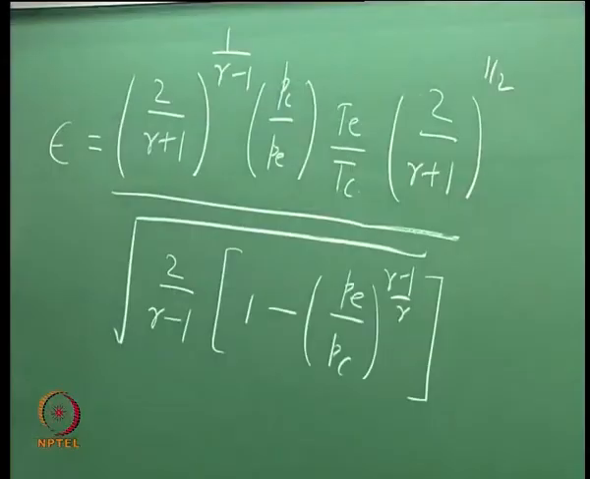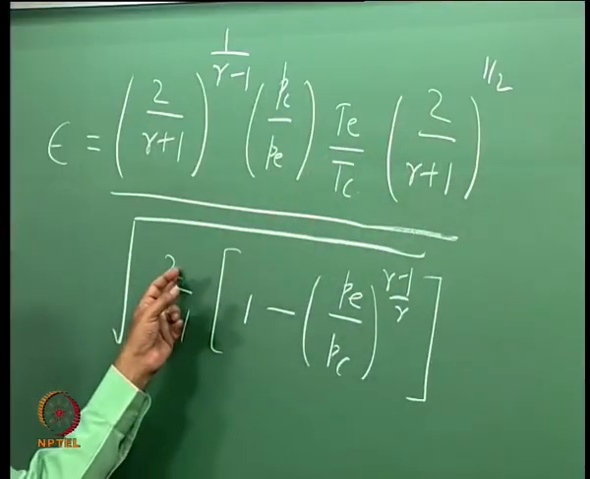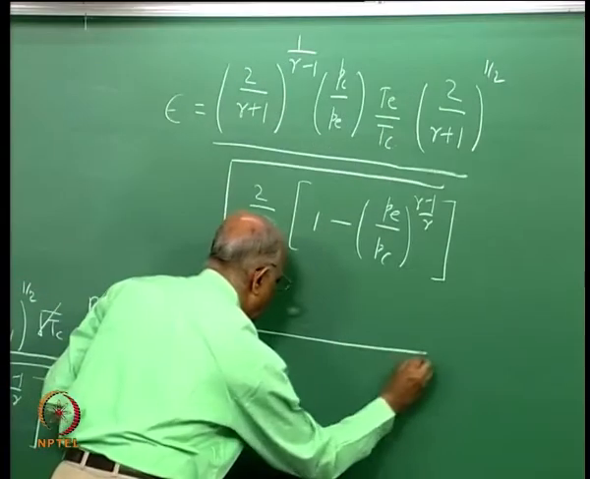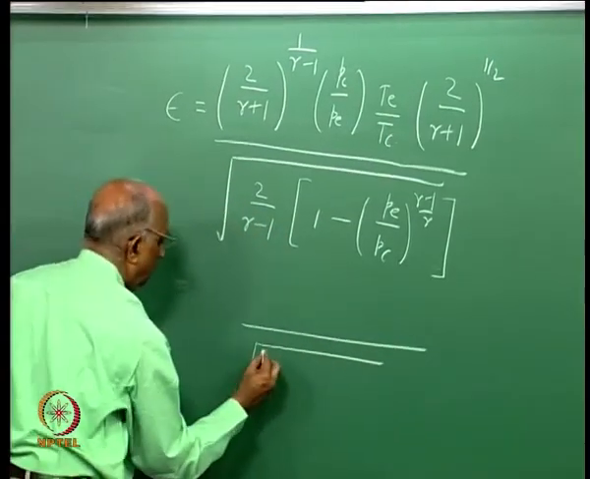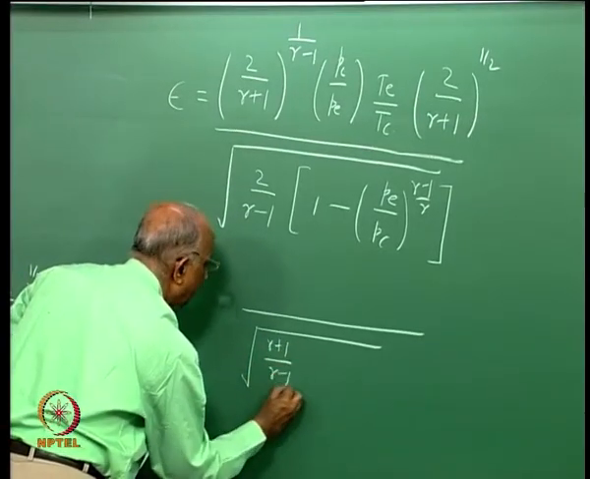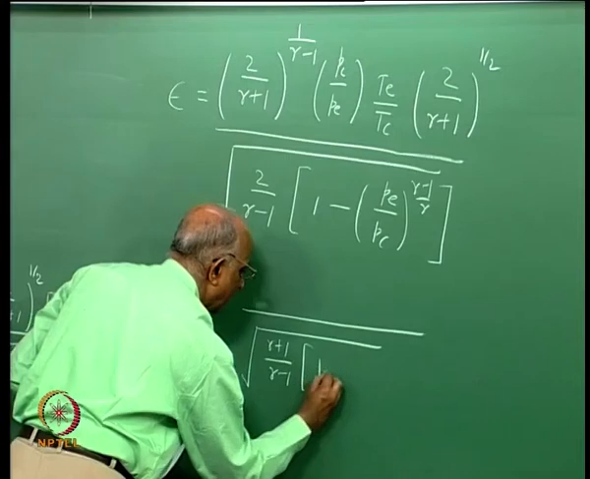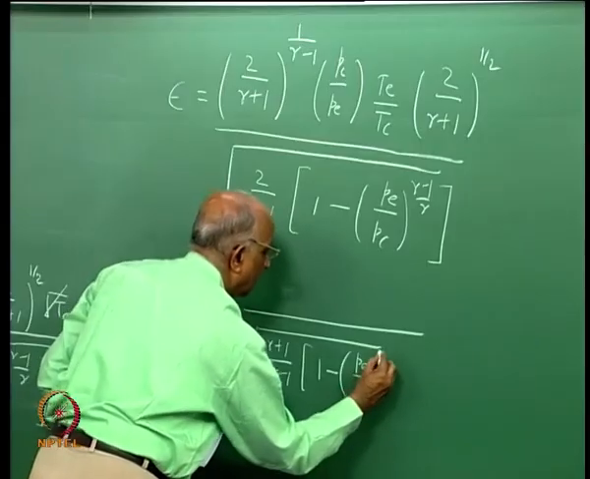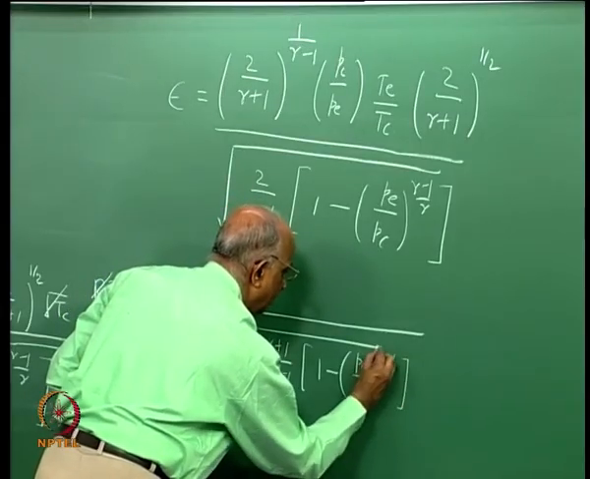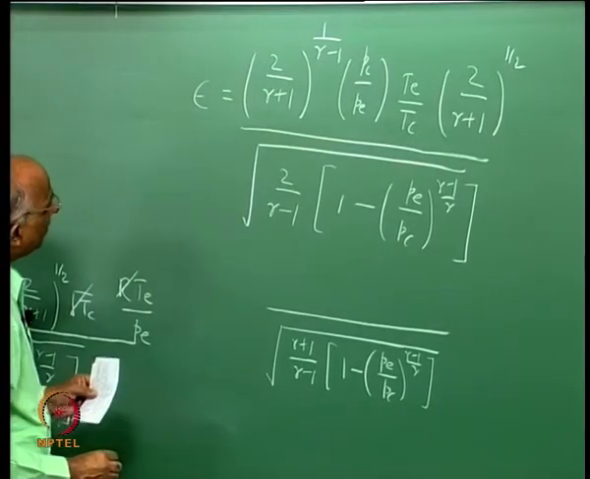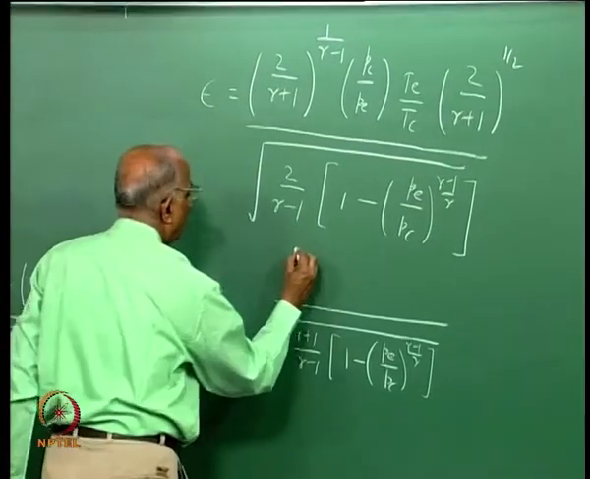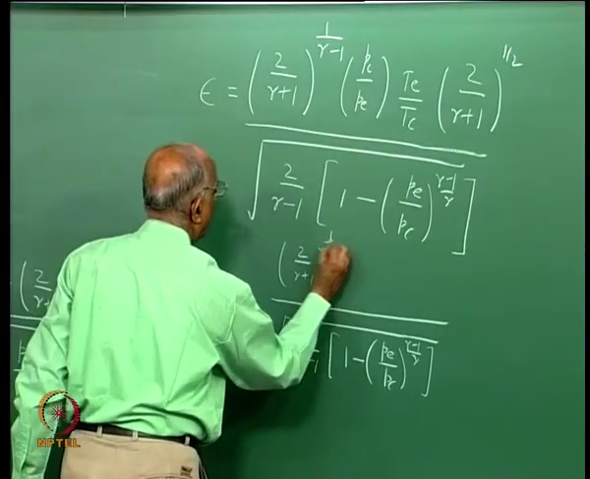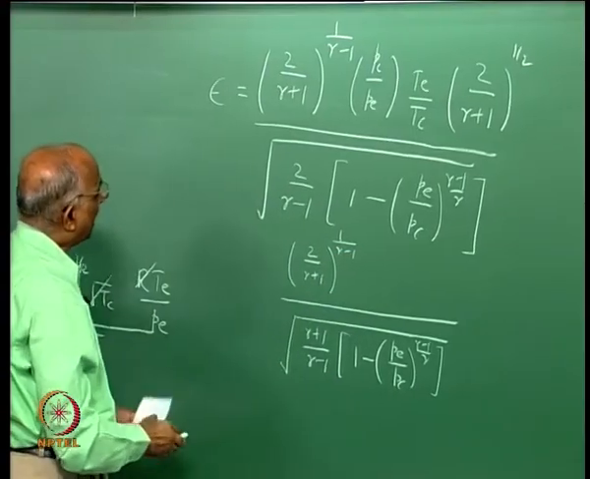Now, immediately I see that 2 over gamma plus 1, 2 and 2 get cancelled over here, gamma plus 1 comes on top, and therefore now I can write the denominator as gamma plus 1 divided by gamma minus 1 into 1 minus Pe by Pc to the power gamma minus 1 by gamma, close bracket over here. And now let's simplify the numerator. I get 2 over gamma plus 1 divided by 1 over gamma minus 1,